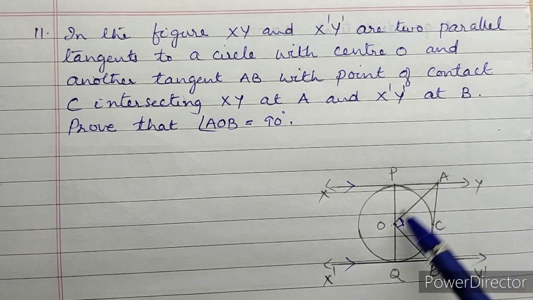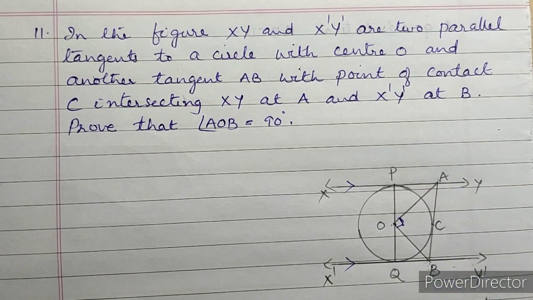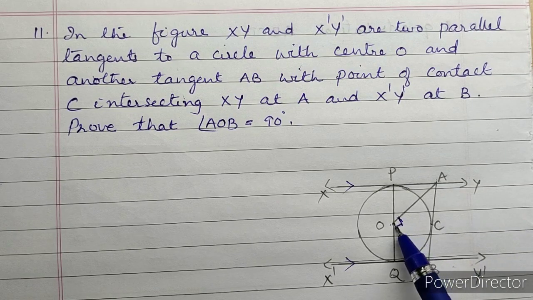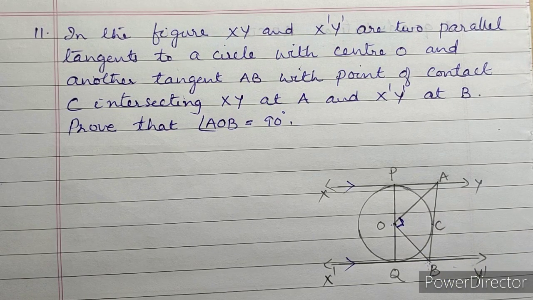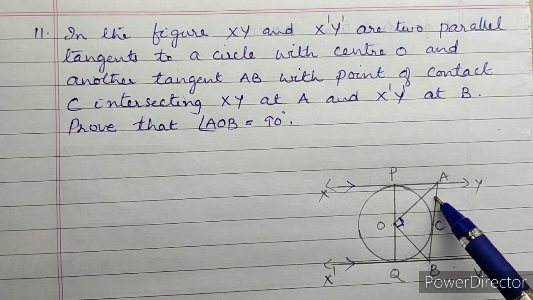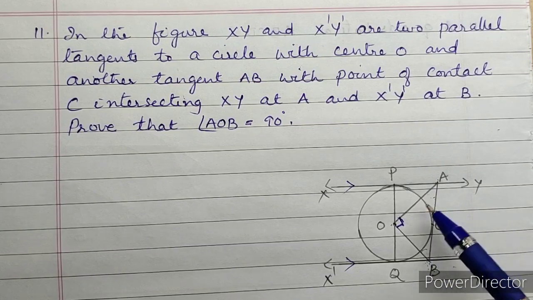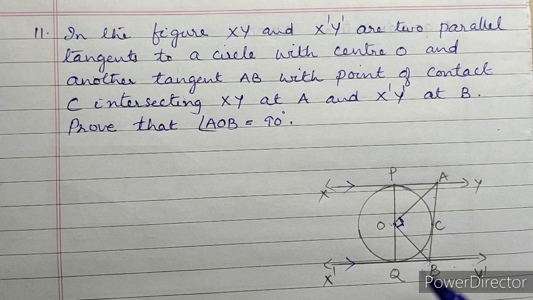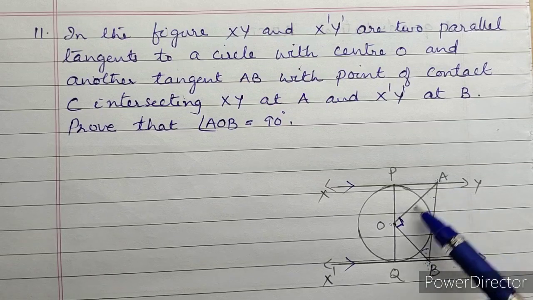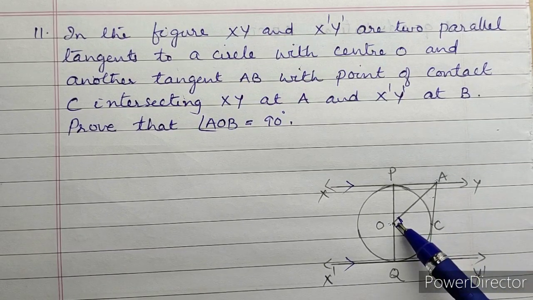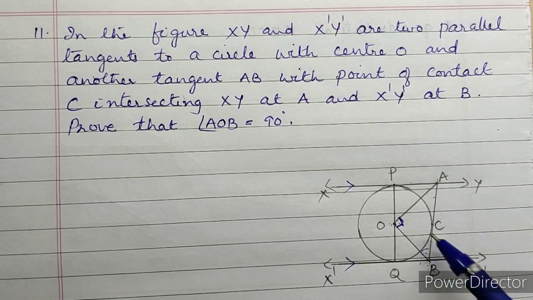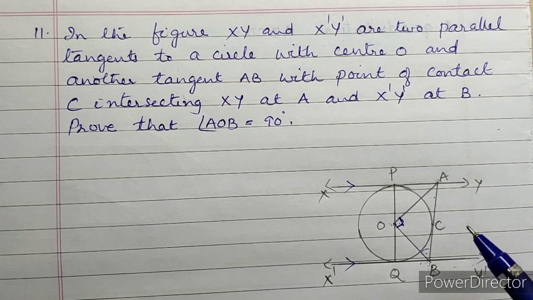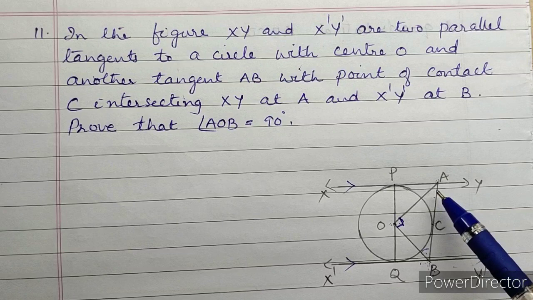Here you can see the triangle. AOB is a triangle. And you have to prove that this angle is 90 degree. So what you have to prove? You have to prove that the sum of the other two angles, that is OAC and CBO, is 90 degree. If you have proved that these two angles' sum is 90 degree, then by angle sum property you can say that this is 90 degree, because 90 plus 90 is total 180 degree. So that is only the angle sum property. So this is the logic behind that.